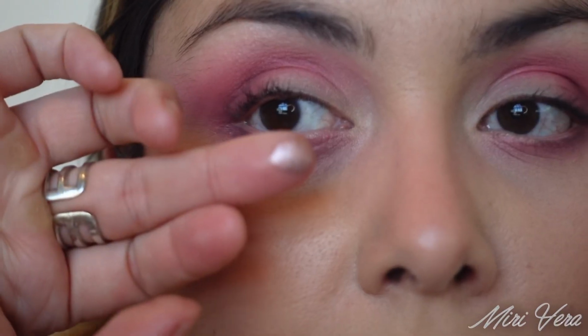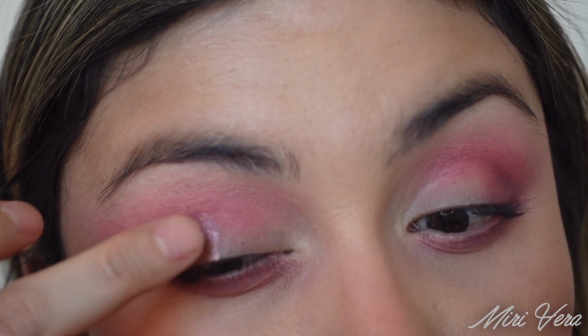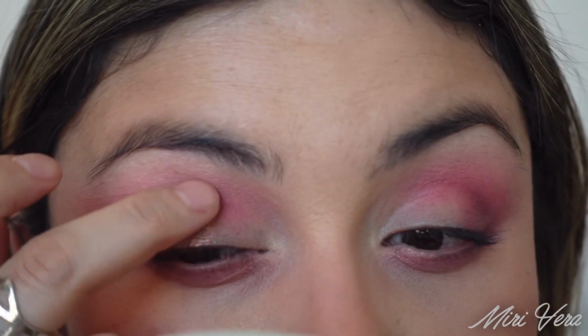All right, now with my finger, I'm going to pick up this shade, which is Duchess Divinity, right? Yes. And I'm going to add this, looks metallic-y, right here next to that last shade, the dark one. It's very creamy, so I definitely